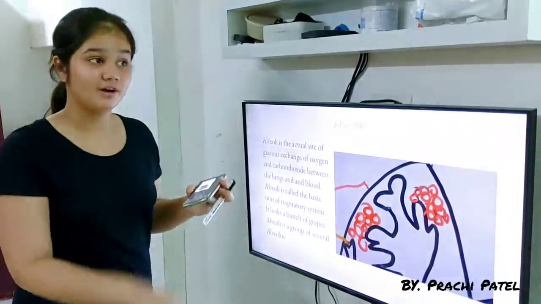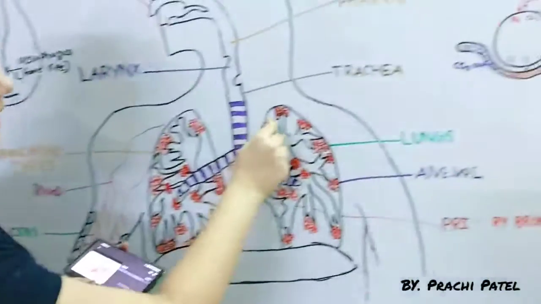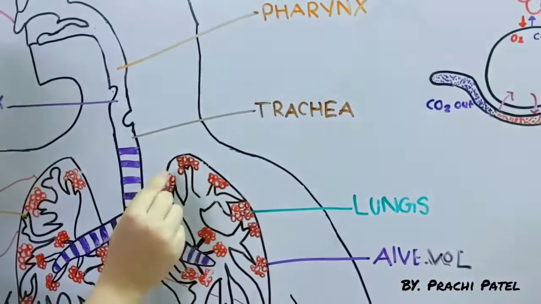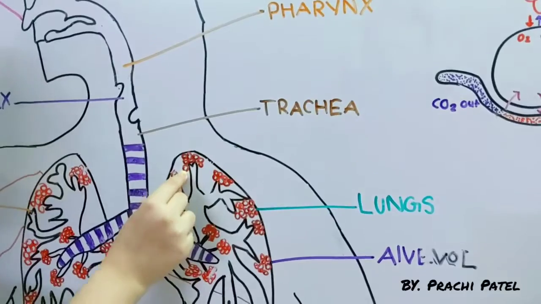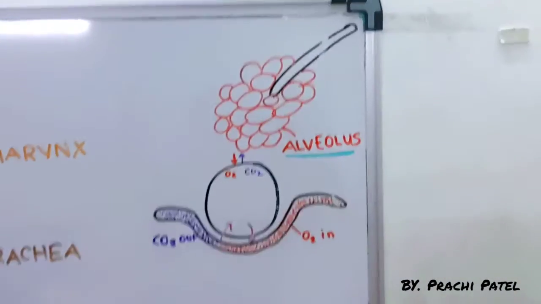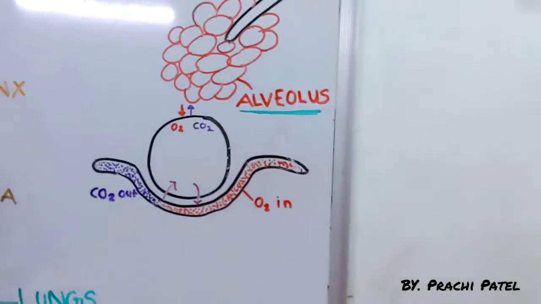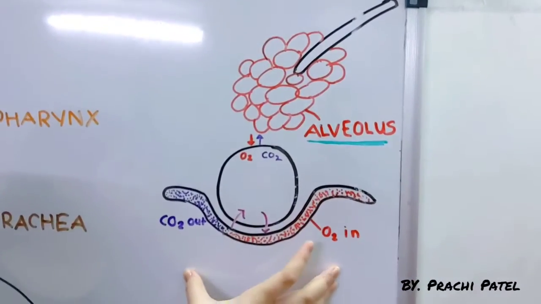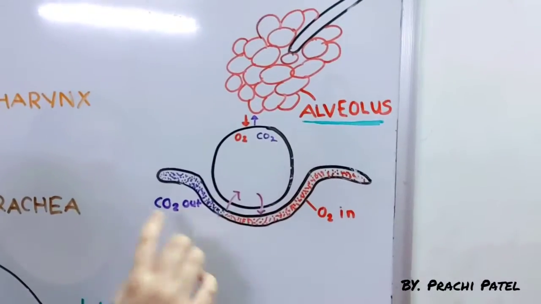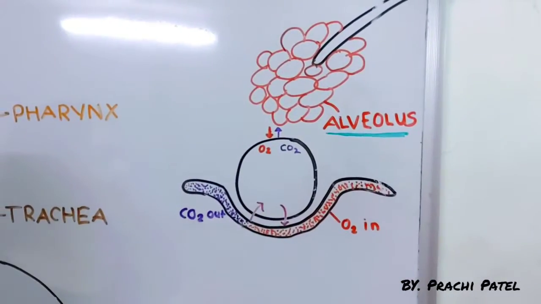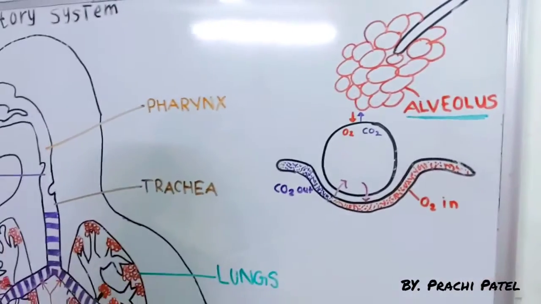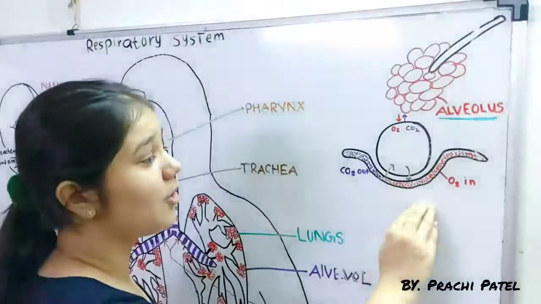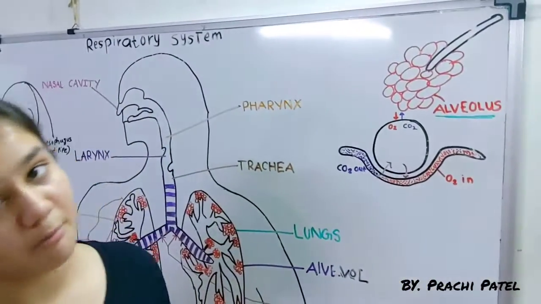Now let's go to alveolus. So this is a bunch of grapes. It has several alveoli. Let's go into a single grape. This is an alveolus. Over here you can see, let's take one grape and put it over here. This is the process of getting oxygen in and sending the carbon dioxide back, and after that oxygen continues to the rest of our body.